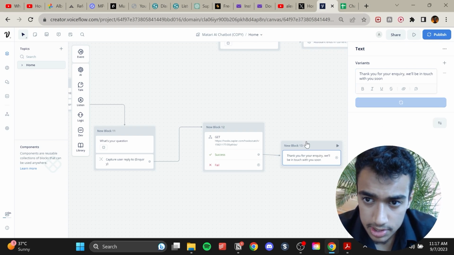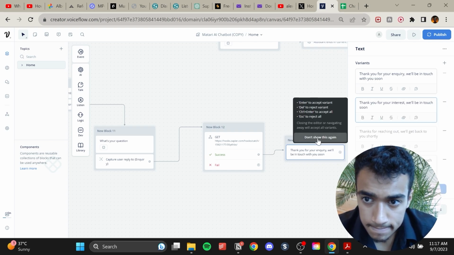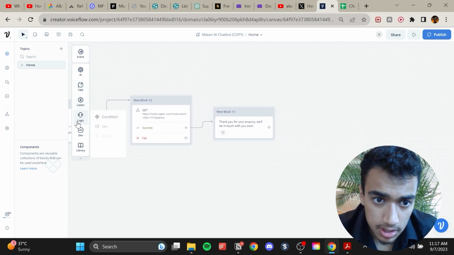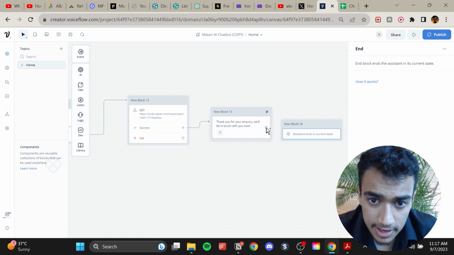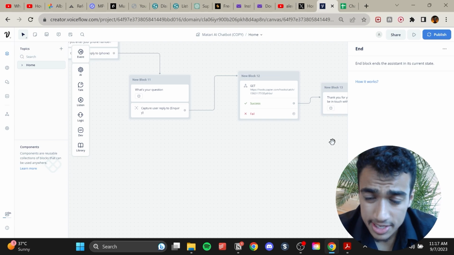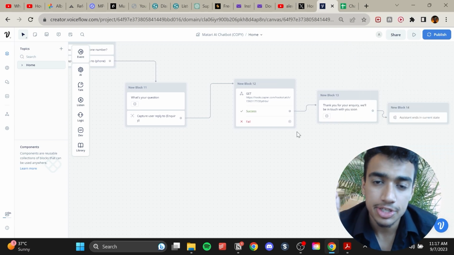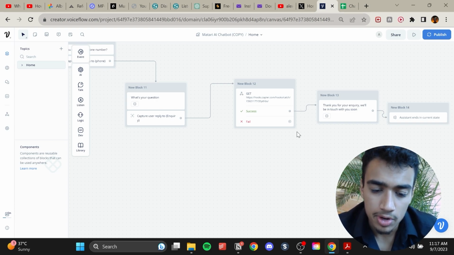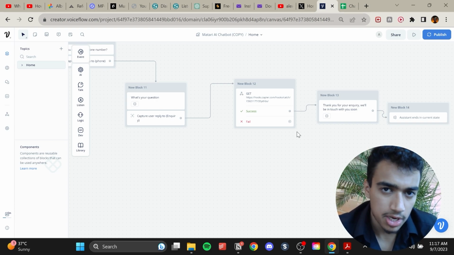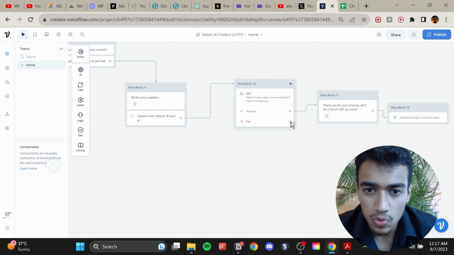Generate 3 variants. End. You see the logic. You're gonna end it here. That's if it works. Let's say there's a problem with the information they have, or something happens, like the webhook doesn't work from their side, not yours. So what we want to do is just